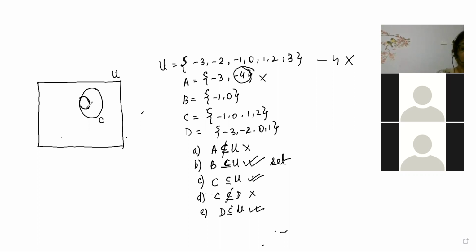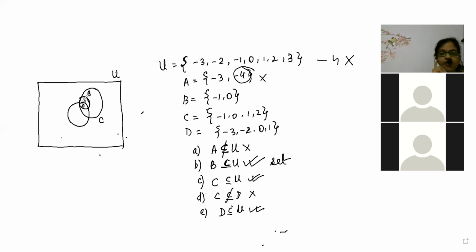Now, here I have written the B elements. What are the B elements? B elements are -1 and 0. And this is B. Now C and D are having some elements common. What are the common elements in C and D? Common elements are 0 and 1, not -1, because -1 is not in D. So C and D also share a common region. Beta, you have to learn how to draw. Now you are going to draw another circle.